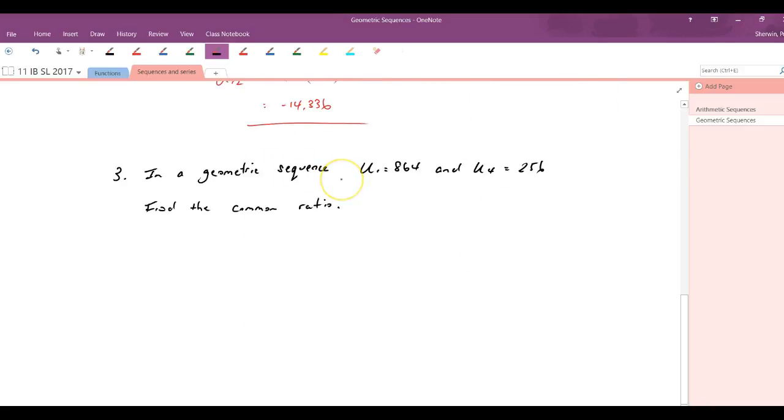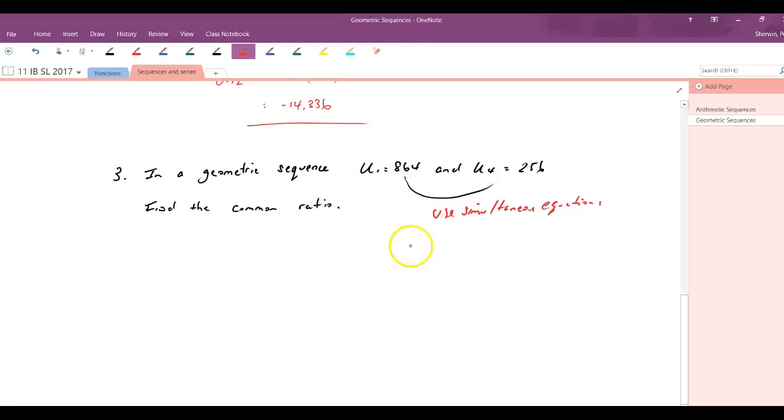Okay, here we have a question similar to one of the examples in the arithmetics, in that we're given two terms. The first term is 864, the fourth term is 256. So we're given the value of a couple of terms, and we're asked to find out some information. So this says use simultaneous equations. Whenever you get this information, where you're given some information about two terms and asked to find something out about them,